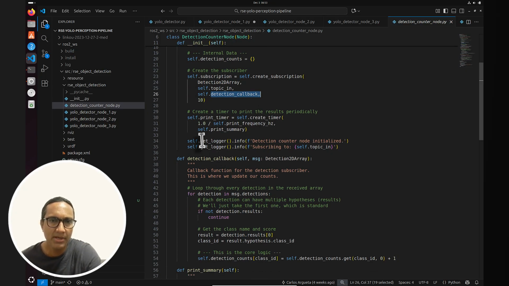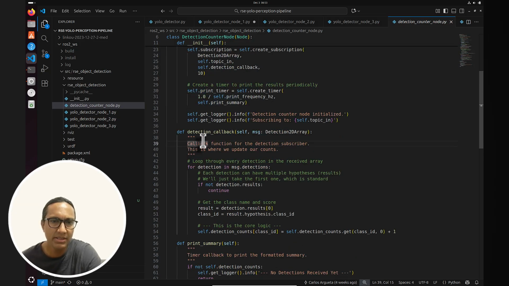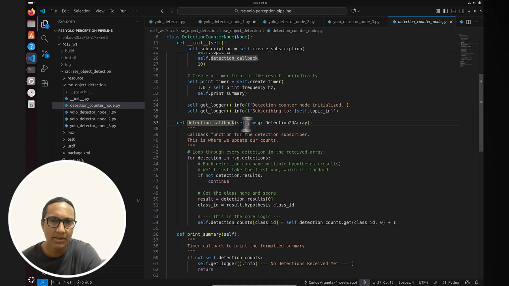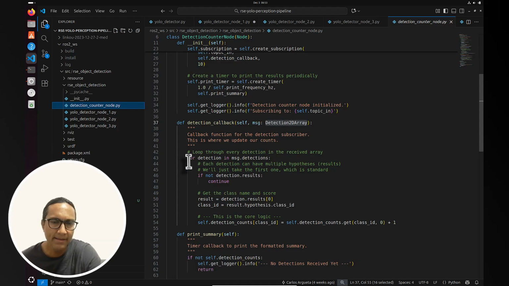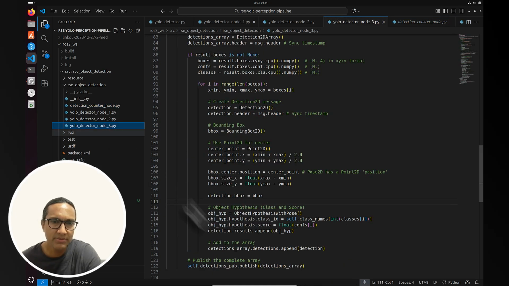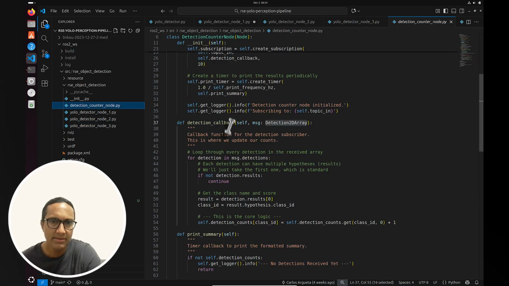Okay, so once you have this timer that is for debugging purposes, the most important part is in the detection callback. Okay, so whenever you get a detection, and remember we are subscribing to a data type detection 2D array. Remember, it's what we've been creating here and publishing here. So we subscribe to that data, and then we just go over all the detections. Remember, we have a bunch of detections that we are appending to this list. So now we go over them,